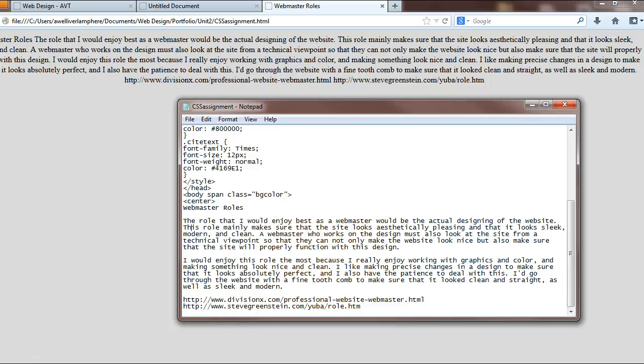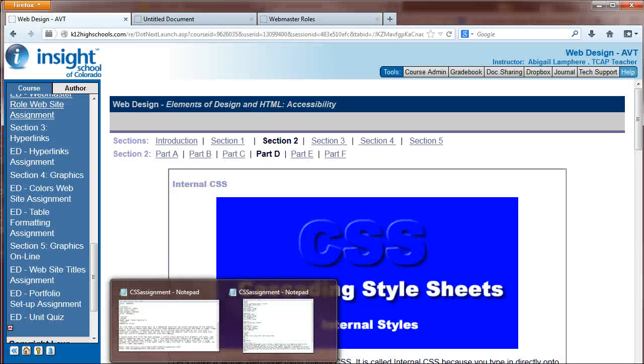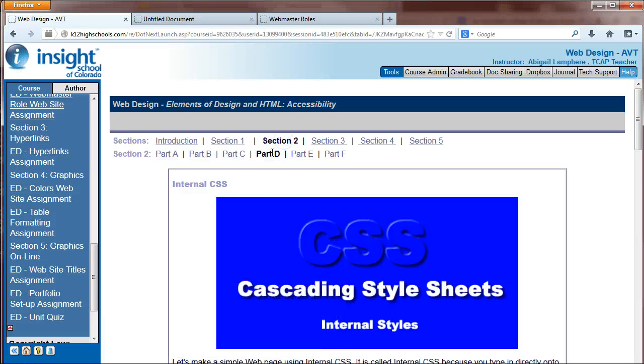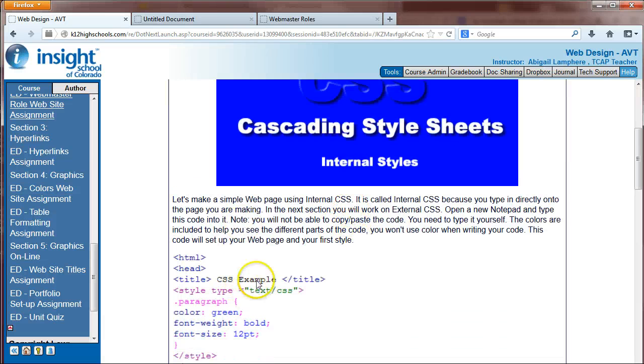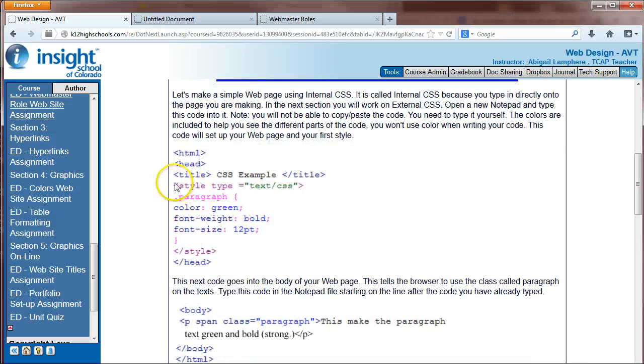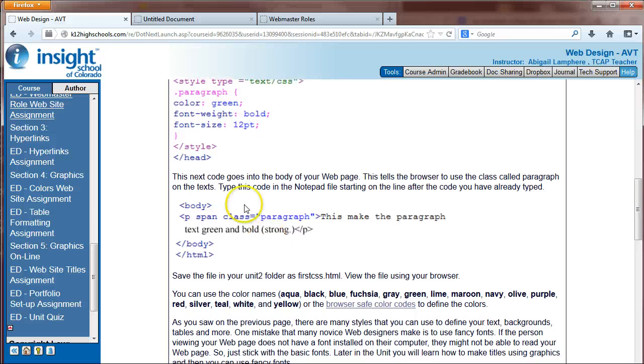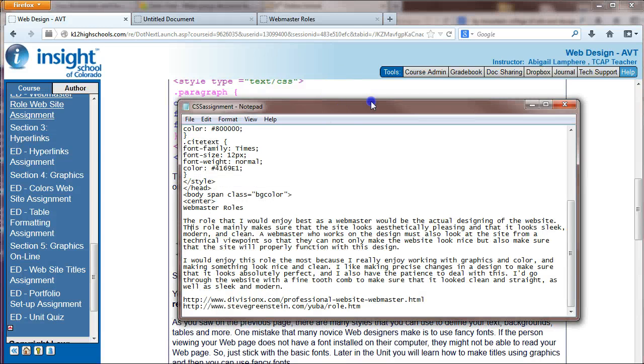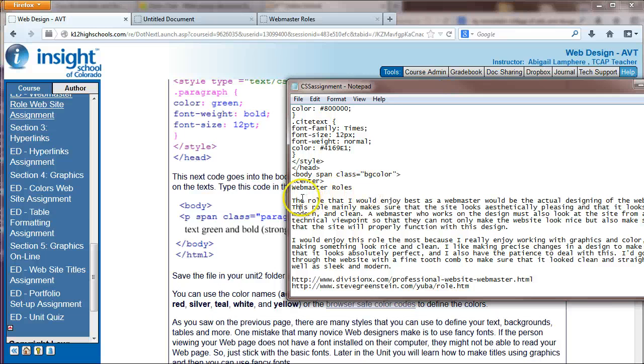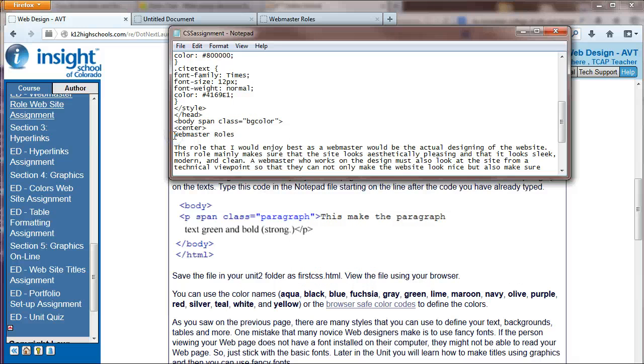To apply our paragraph style, I'm going to go back to section 2, part D, where it talks about internal CSS styles, because this will give me the right code that I need in order to set up my paragraph. So I already have the style defined. Now I need to insert it into the body of my website. So I'll go ahead and pull up my code here. Okay, so let's first get my title set up here. So I want to enter the code